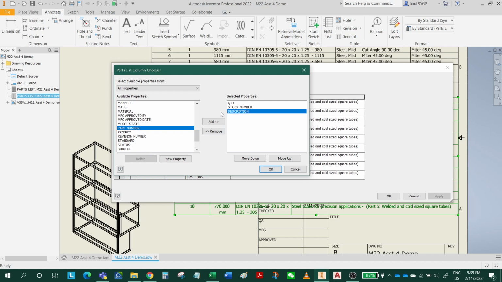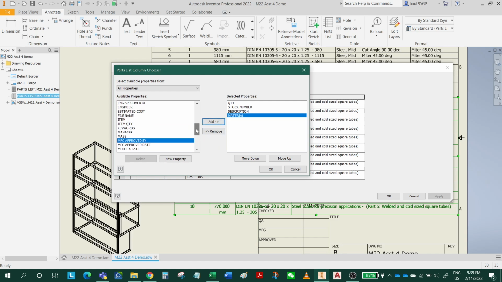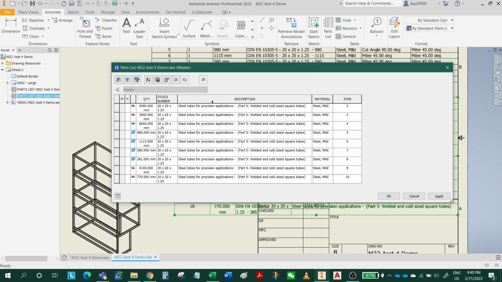So I'm gonna select material and add material, all right? Add, and last one is the item, all right? We're gonna add an item here. Click OK, add. This is the last one. Click OK. But you see, there are so many rows, but in the table given, we just have one row